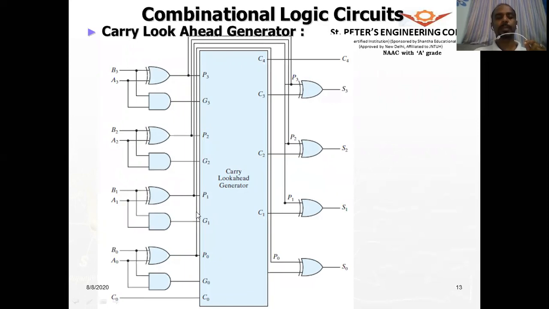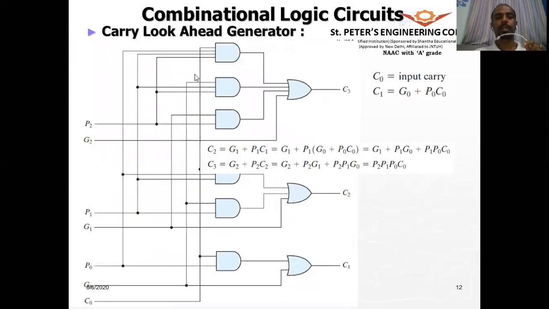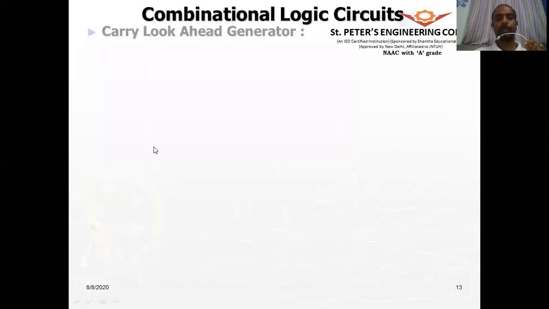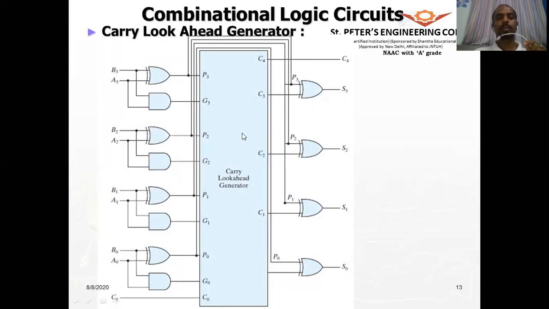So this is the carry look ahead generator, which generates the carry whenever there is a carry, from any of the bits from one stage to the next stage, and therefore you have got all the sums. So in between the sum and the output XOR gates, we are going to include this carry look ahead generator, which is nothing but this circuit here. We just saw the circuit here. This circuit is the one shown here. Okay, so this is the circuit and we are generating the output.